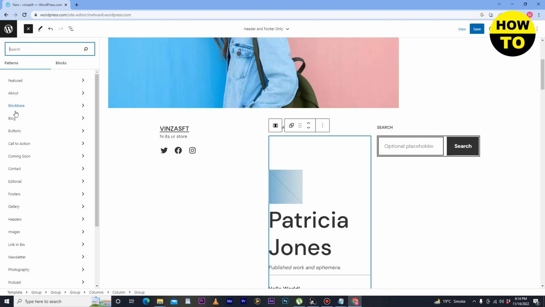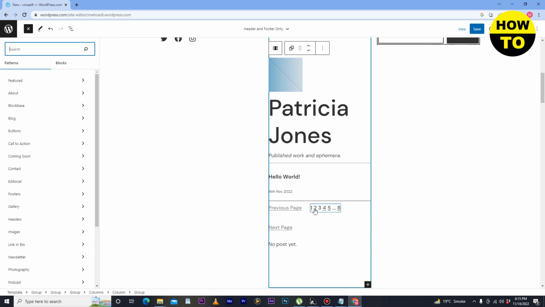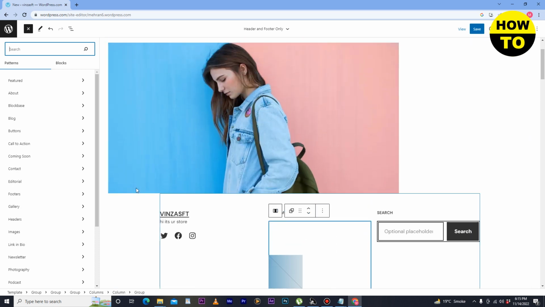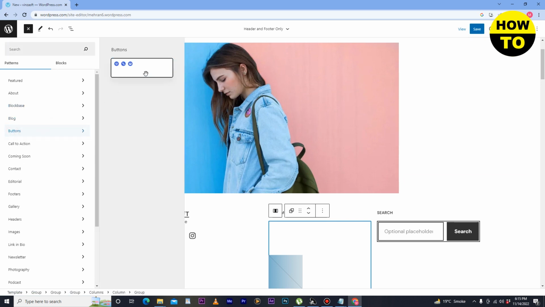So whenever you select any option here, like I have selected the blog, after that you can simply edit and customize it, like text, images and everything, size. So here you can see the buttons option. So here you can also add the buttons,